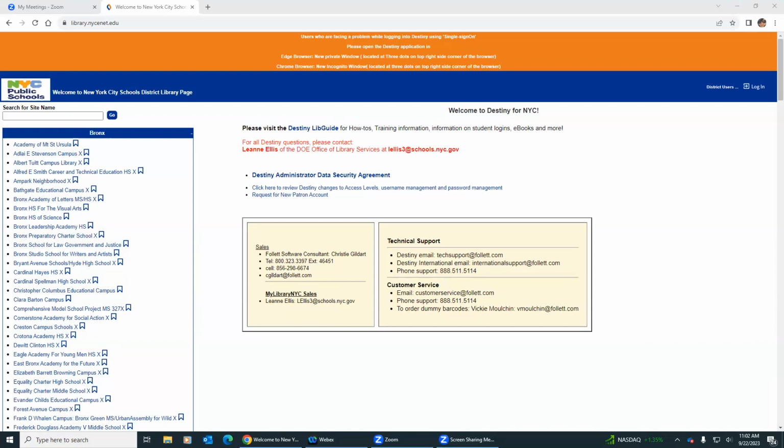If you're on our listserv and or our Microsoft Teams page, if you're not, let me know and I can add you. There's been some changes to Destiny because of a lot of the security features that have been put in by DIIT. So traditionally you would log in using SSO, single sign-on. So when you come to this page, you would find your school